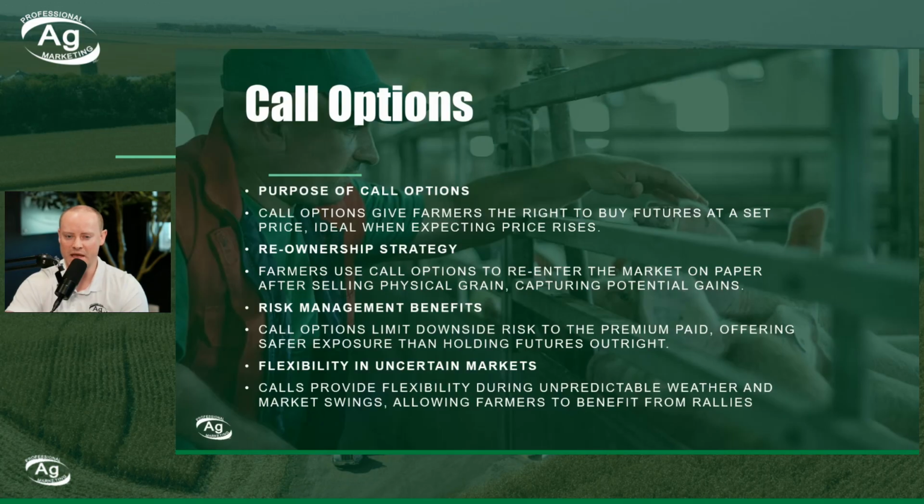Let's say that we've made a lot of sales at okay revenue levels, whether it be cash or HTA levels in the past, and I have a lot of corn sold at X price. If the price of corn starts to go down, for example, you could buy call options to protect if the price would go back up, just to give you a little bit more cushion, a little bit more comfortability in the sales that you've put on. Or even if the price is going against you, let's say I sold corn at $4 and the price is at $4.50 and you're worried about it going to $7, you may be able to buy call options on corn to protect yourself in case price does really go up, to give you some more upside if needed.